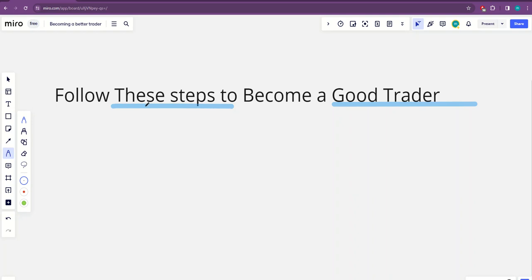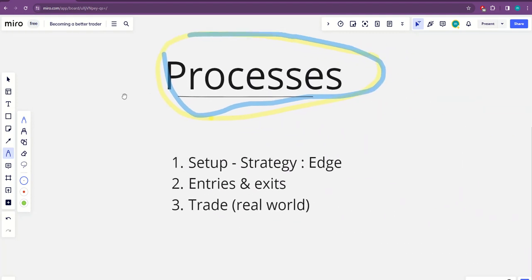We're gonna be talking about the steps that make a good trader. I'm gonna give you a couple of steps that I also followed. This is gonna help you if you are new to the industry, or if you have been in the industry for quite some time but not seeing the results. So this is gonna come in handy for you.